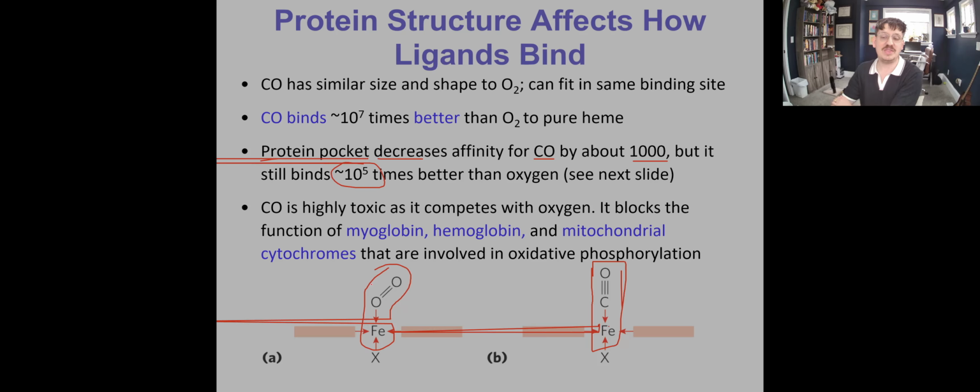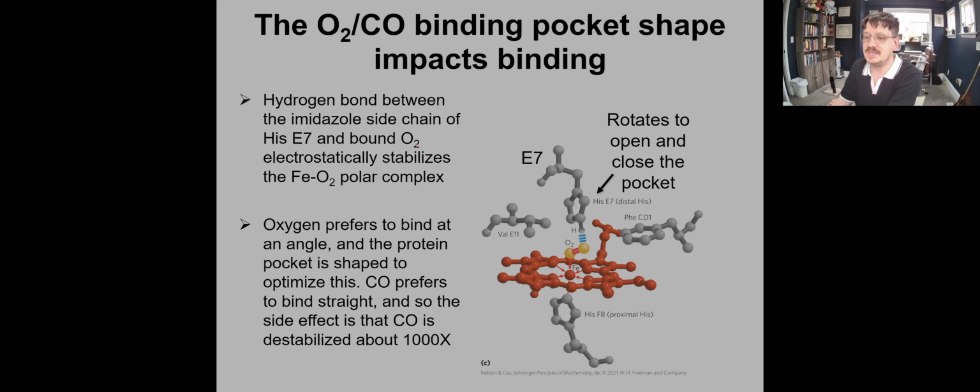Okay, it still binds about 10,000 times better than oxygen, but given that carbon monoxide is now in the atmosphere at a much lower concentration than oxygen, we can handle that. If it was binding 10 million times better, then the concentration of carbon monoxide is high enough that it causes problems. When we decrease that affinity by 1,000-fold, then now it's not so much of a problem, and the atmospheric carbon monoxide level is low enough that we can get away with it. And the way that happens is that, like I was saying, this distal histidine stabilizes oxygen because of the angle at which the oxygen binds to the iron. But if the